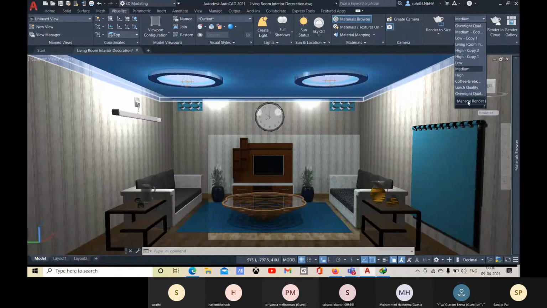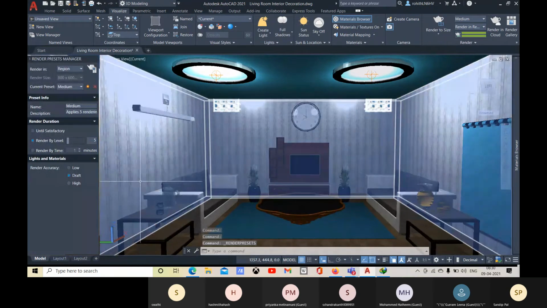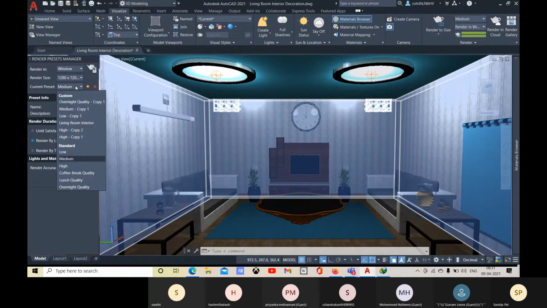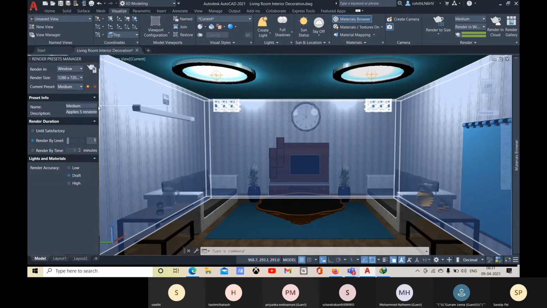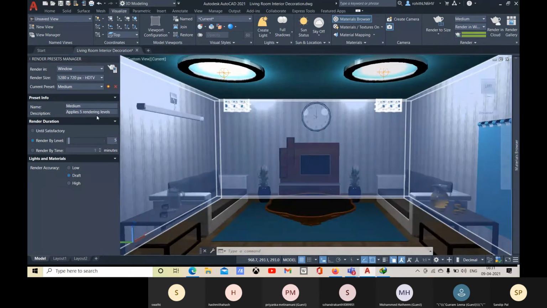For that you have this manage render preset, so you have this render preset manager. You can go for render in window there, and about the size and all you can set HDTV size, and the current preset is there. You can have this preset info here. You see this is the preset info, and this is applied 5 rendering levels. So here it is done.